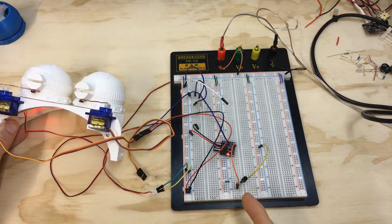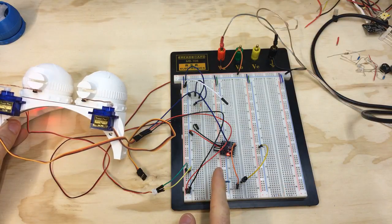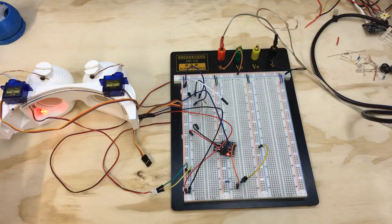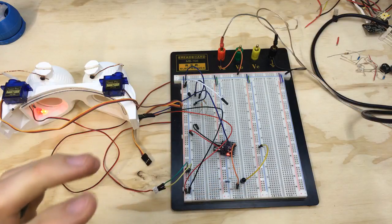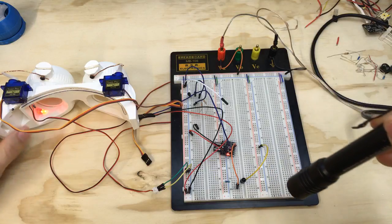Analog pin 3. We tried a couple of different analog pins on the DigiSpark, and for some reason or another they didn't work, but analog pin 3 did, so that's the one that it's triggered off of. Right now I've got light on obviously, but if I cover the sensor, it's not a big enough difference in brightness to change it. But if I get my super bright LED flashlight,